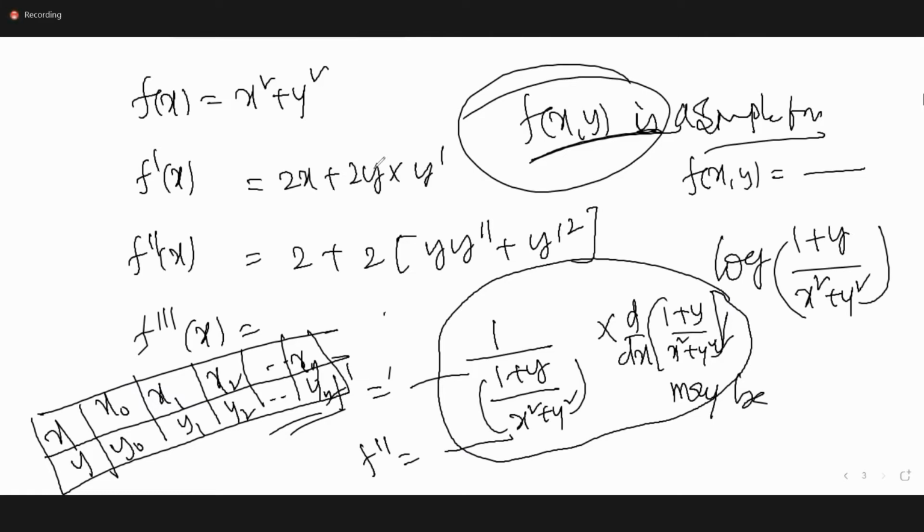And this method is very useful for finding initial starting values of powerful numerical methods such as the Runge-Kutta method, Milne-Thomson method, Adams-Bashforth methods, etc. These are applications of the Taylor series for the remaining methods. In those methods, we have to find the initial values using Taylor series expansion. Is it clear?